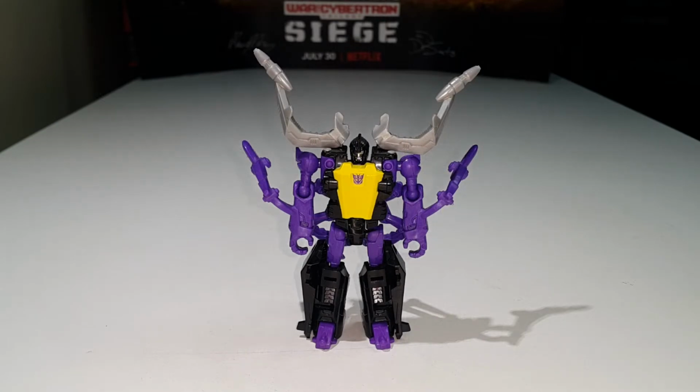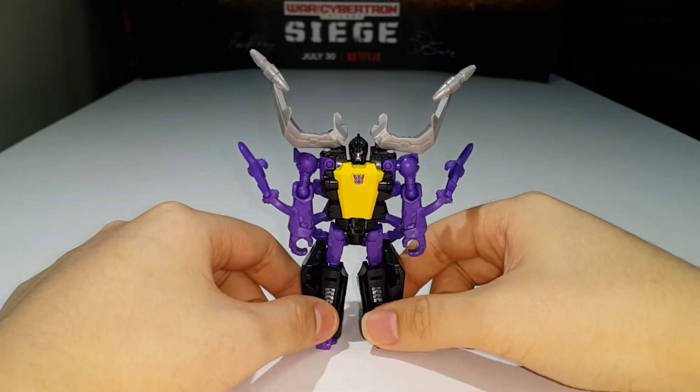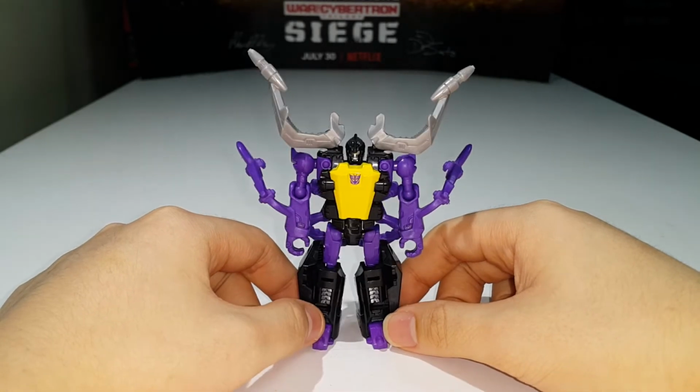Okay, so here are my final thoughts on the Transformers Power of the Primes Legends class Skrapnel or Shrapnel, whatever you want to call them. It's a pretty cool figure in my opinion. I like the robot mode, I like the insect mode. Articulation could have been better in some spots, but it is what it is. The paint would have been better if he had a lot more paint here and there on the arms, on the legs. It's just a bit sparse for the paint work,